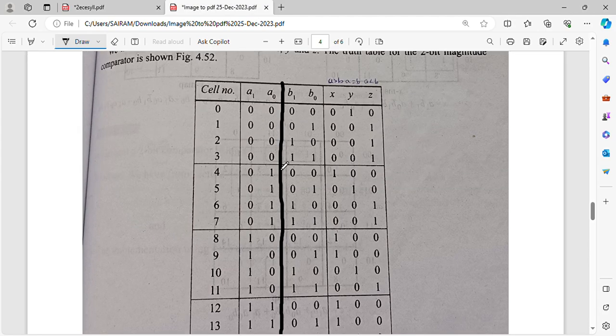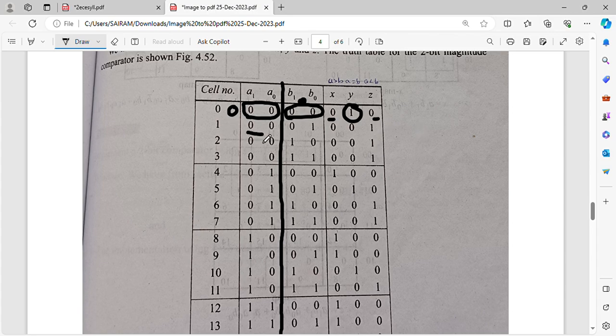So here you can see that, I told you that this is a 4-bit number. If there is no line, it is a 4-bit 0000, right? Since I have drawn the line, A1 A0 became separate, B1 B0 became separate. I have A1 A0 is what? My 00. What is my 00? It is 0. And 0 0, it is 0. So this 0 and 0 is matching, so that is why for A is equal to B you put 1. So this is A greater than B and this is A lesser than B. I hope you got it right.